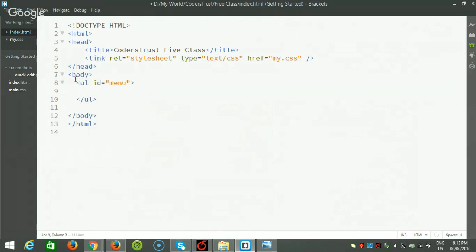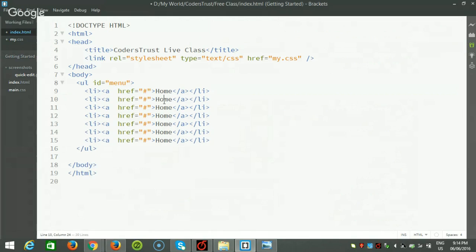And for the menu, I have some li items. Within the items, there are some anchor links, just as in HTML, and I can make some demo links like home, about,